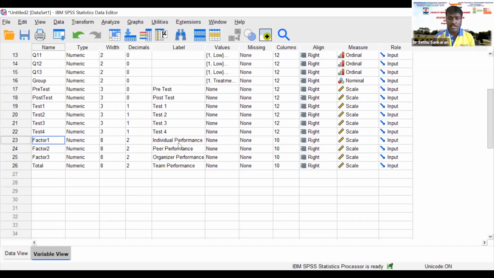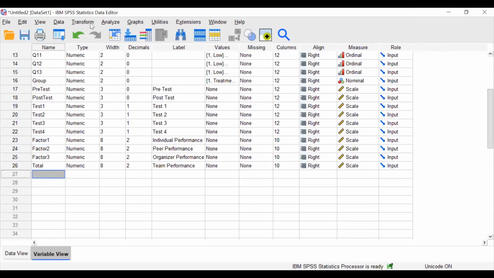How can we recode it? Now I am going to create one more variable, for which you need the mean and standard deviation. If you want to split the group by their performance into low, medium, and high, you have to use the mean and standard deviation values, because the mean is the middle, and then plus or minus the standard deviation.